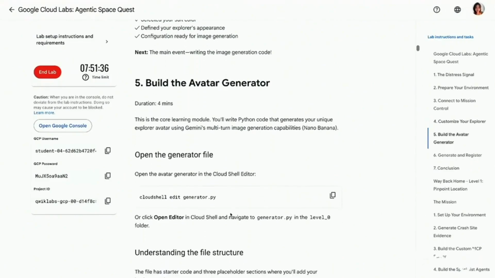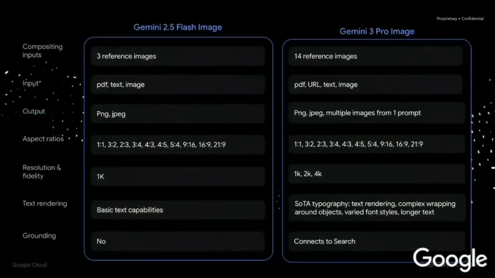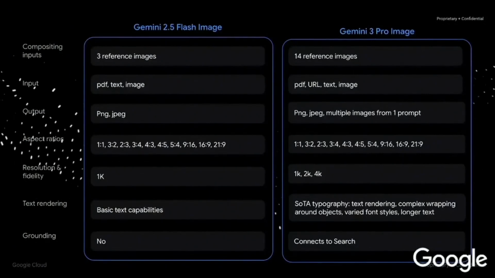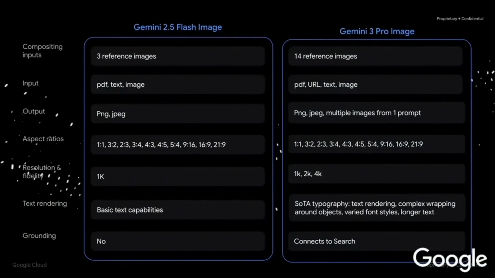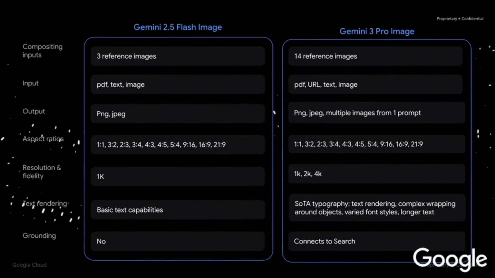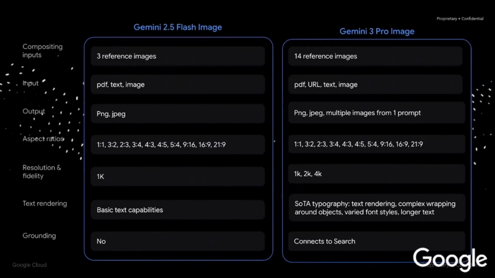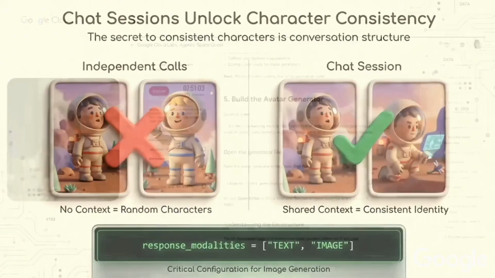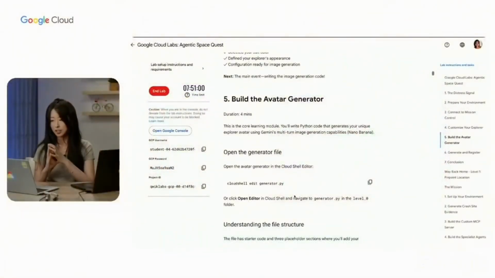So if you go back to my slide, Google has the Gemini 2.5 Flash model, and we have the Gemini 3 Pro image model. They're all really powerful, and they can take text or image input and generate different output. So those are the capabilities of the different models. And so today, you're going to learn how to use those models to generate an avatar of yourself. And more importantly, you will learn how to generate a consistent